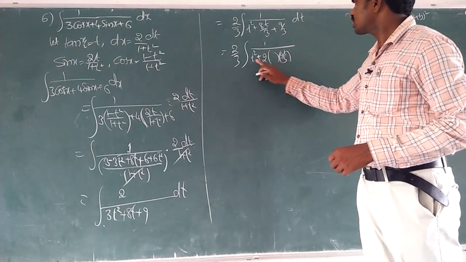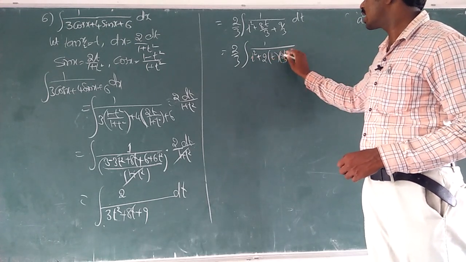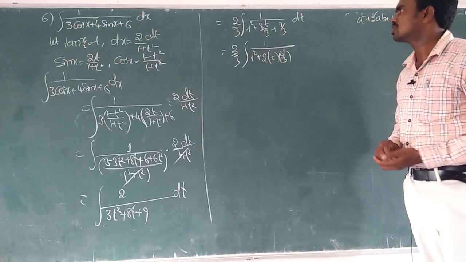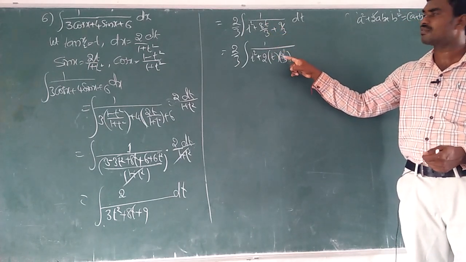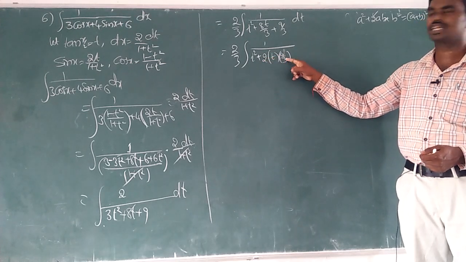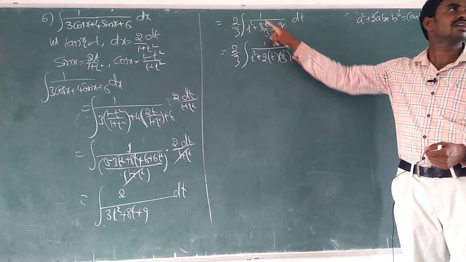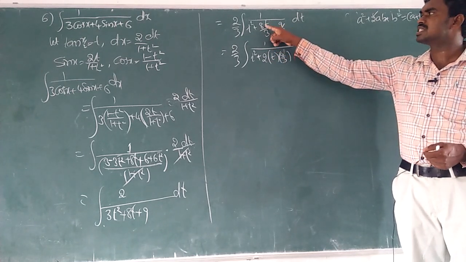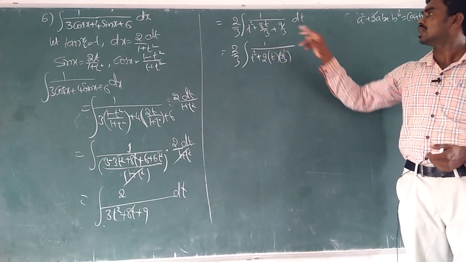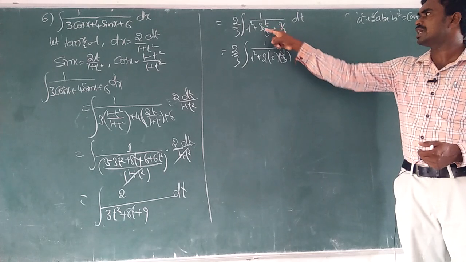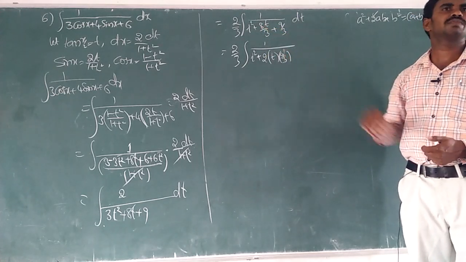So a square plus 2ab. a means what? t is a, and b means 4 by 3. In this way we can express 8t by 3 like 2 into t into 4 by 3. Why am I writing 2 into t into 4 by 3? Because 2 must be written for whatever term. If 6 is there, write 2 into 3. If 10 is there, write 2 into 5. If 12 is there, write 2 into 6. And t must be written first. If you take 2 common, 4 by 3 is remaining, and the remaining can be written in place of b.